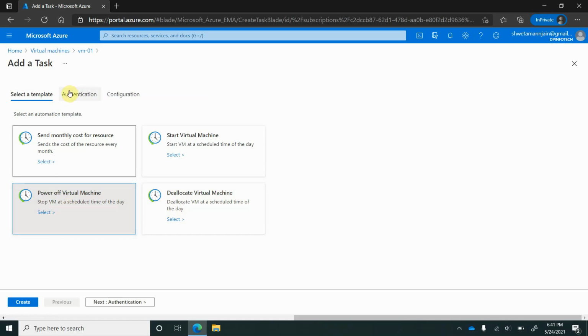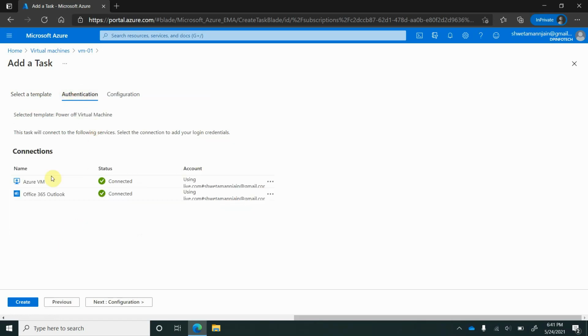So this is the template. The second thing is authentication. When it comes to authentication, you can see there are 2 things, Azure VM and the Office 365 Outlook. The first thing we need to do is connect to the environment. If you are doing it for the first time, you may not see the connected status and the green tick mark over here.